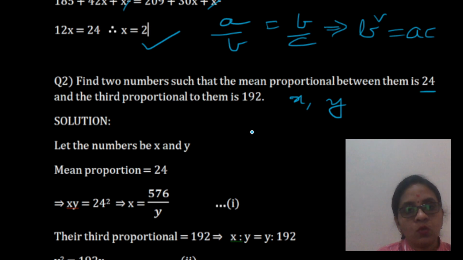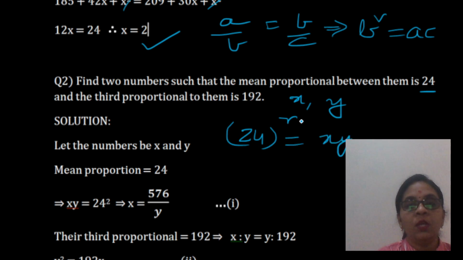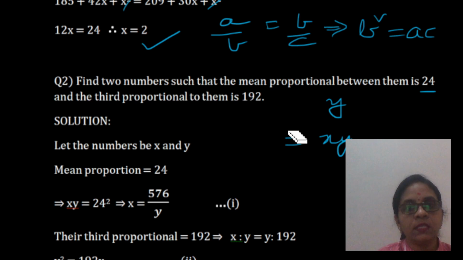24 square is equal to xy. Okay, 24 square is equal to xy. 24 square is 576, so x becomes 576 by y. So this is the first part given here. The second part is the third proportional to them is